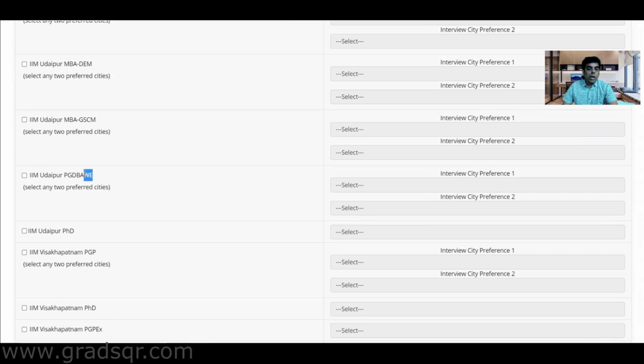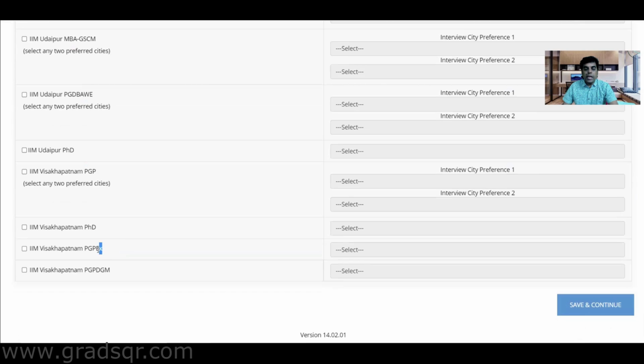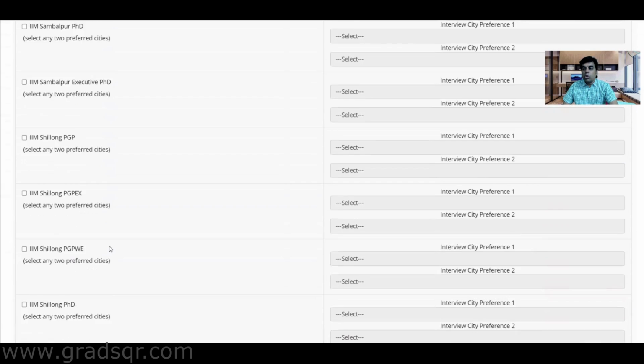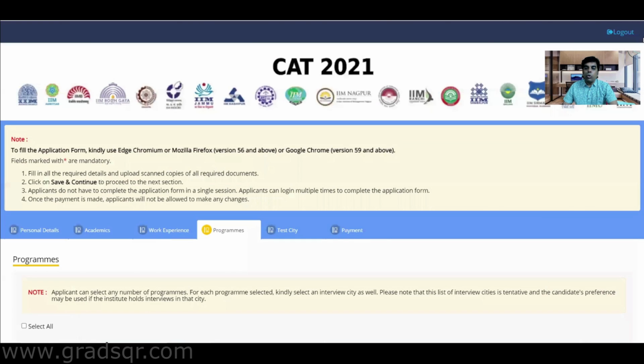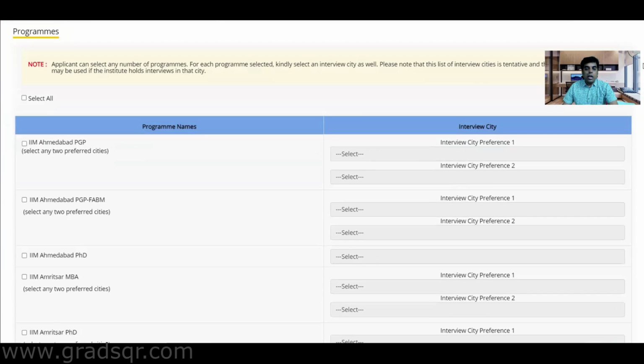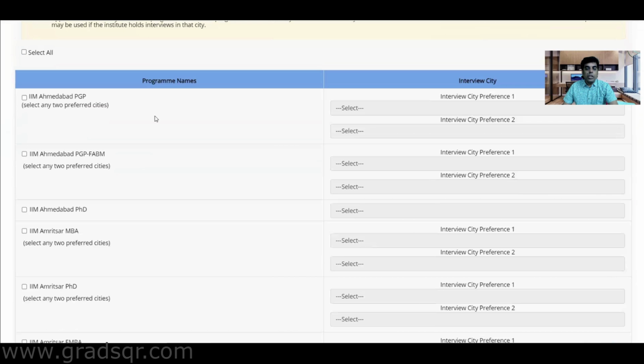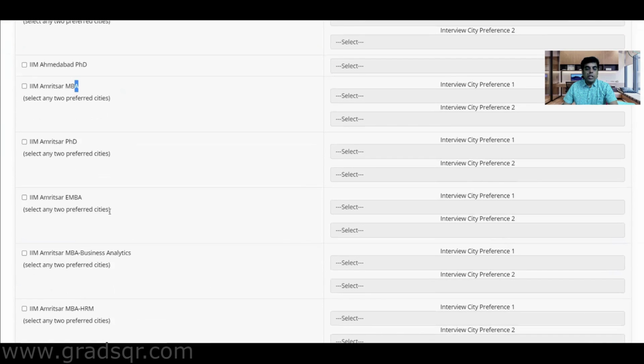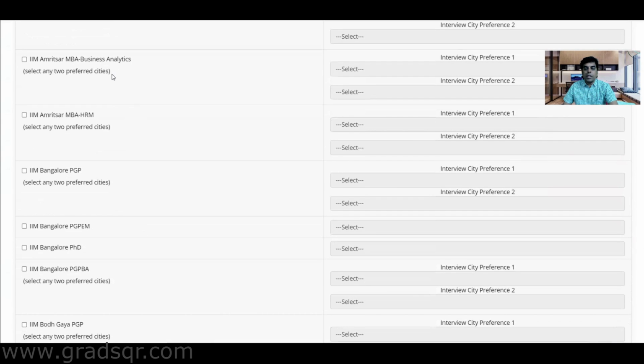The WE programs are programs for working people, which are part-time programs. So if you're not applying, don't apply to them. So PhD, PGPX is executive MBA, which is the 1-year MBA program, which is only applicable for people with more than 4.5, 5 years experience. Depends on the college though. So basically, most of you who are filling up this form would be filling this up for the PGP program, which is the postgraduate program, okay, or the MBA program, or the PGPM program, or the MBA in a specialized area.